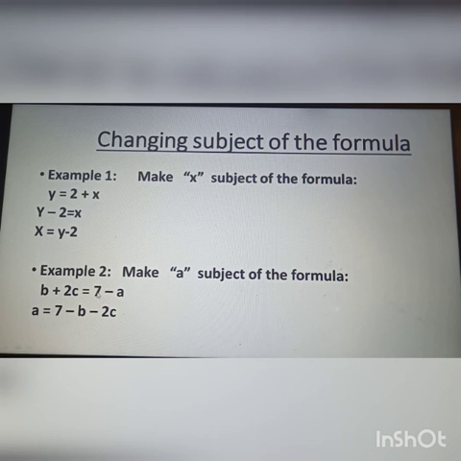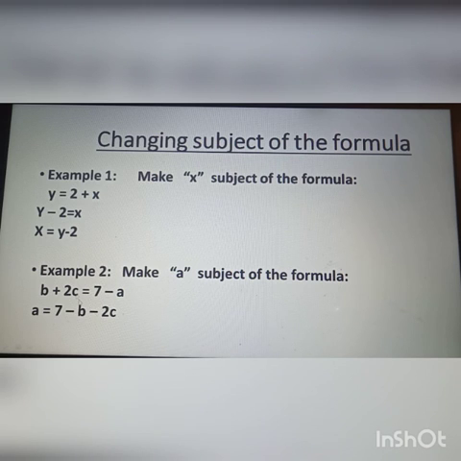Now on this right hand side, 7 was there, so this is repeated here, and you can see a negative b and a negative 2c here. From where have they come? If you see b in the first formula that was given here, it was a positive b, a positive 2c. How has it been changed into a negative b and a negative 2c, and they are written with 7? What we have done is that we will take b to the right hand side, its sign will be changed. Positive 2c will be taken to the right hand side, and its sign has been changed.